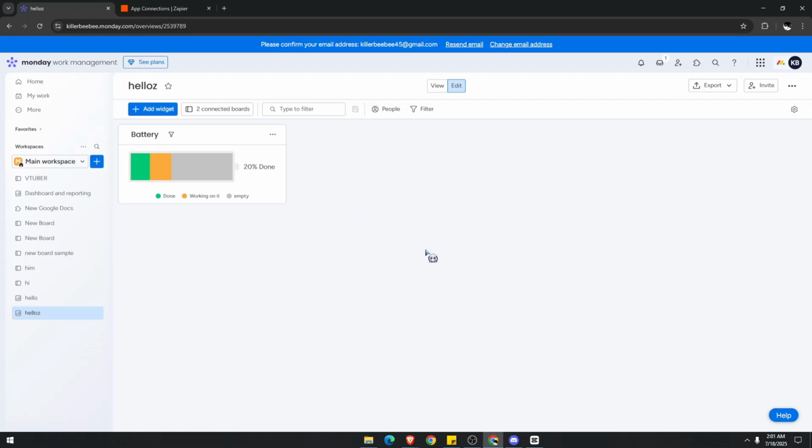Once everything is set up, you can now share the dashboard with your team over here and adjust permissions as needed